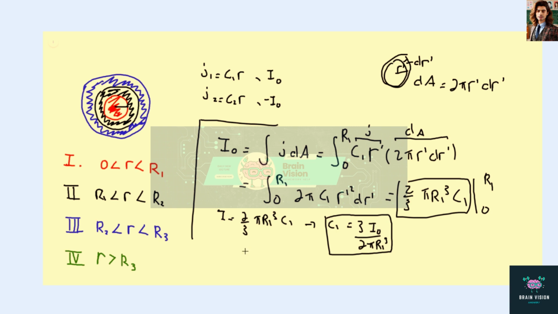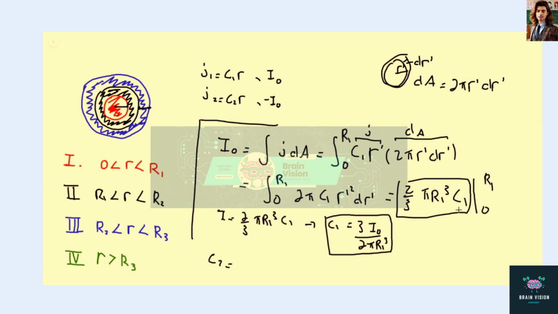So there's C1. C2 we'd set up in the exact same way. There's nothing different about this except the limits of integration. Now we're going from this point here out to this point. So we're integrating from R2 out to R3. And so now we would have this whole expression, but it would be R3 cubed and then minus 2/3 pi